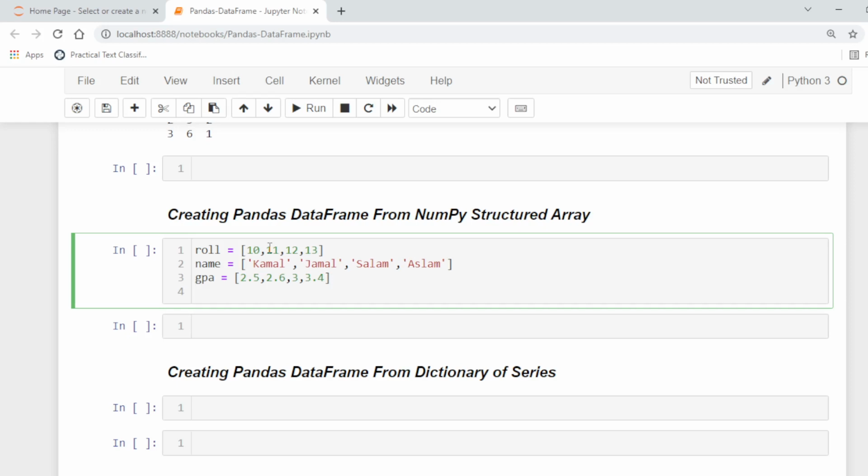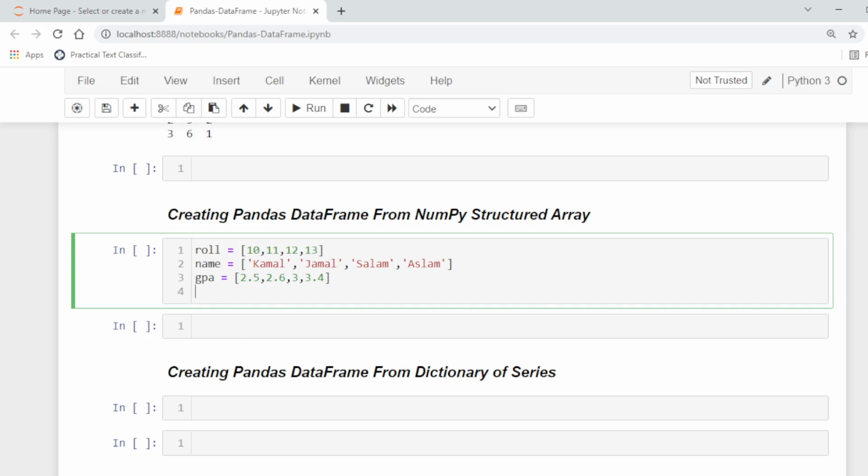Now to store this in a single array, because roll is of type int, GPA is type float, and name is string, in the normal NumPy array it is not possible to store all these values. So we can create a structured array.